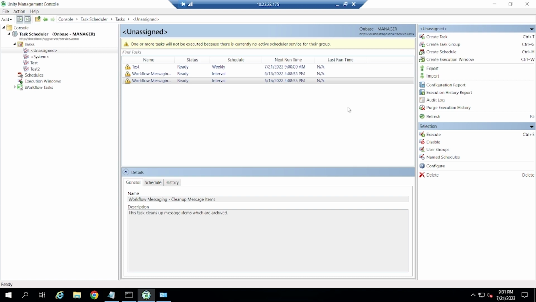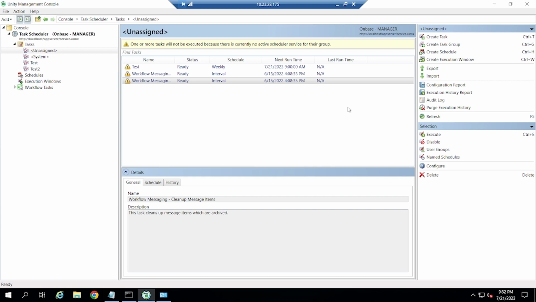I won't be going over how to create the four, but I will go over the different types of reports that can be made and the different types of tasks that can be run as a service. If you would like to see how to create a task or just want more information on the Unity Scheduler, you can follow the OnBase Unity Scheduler module reference guide.